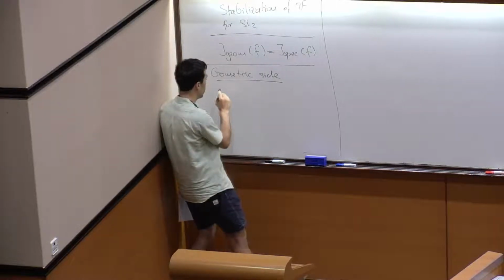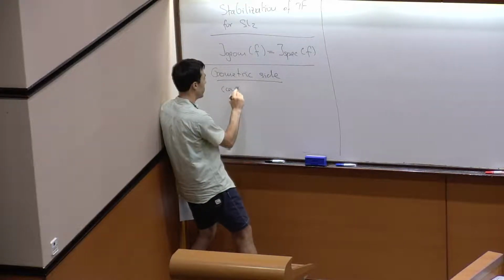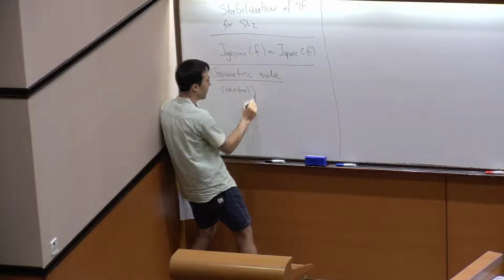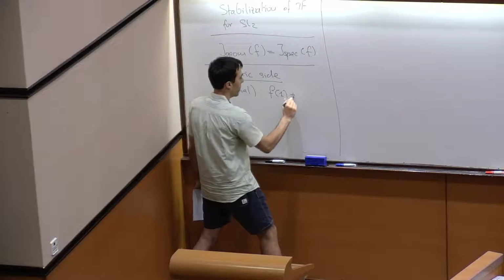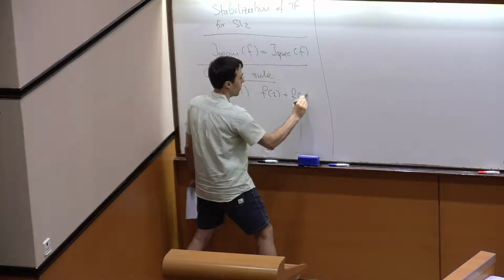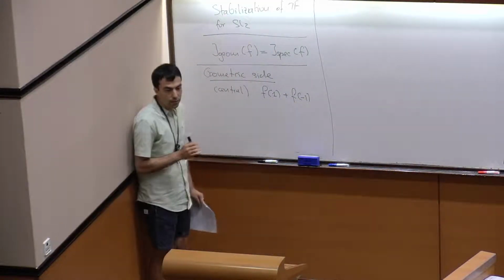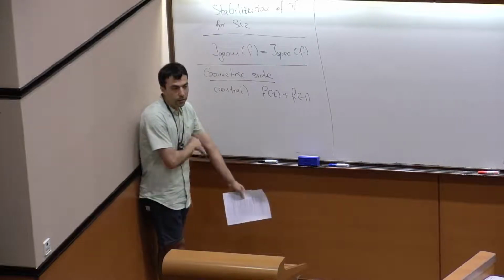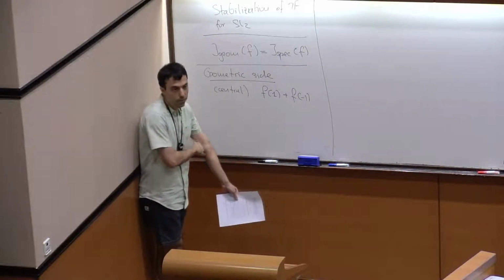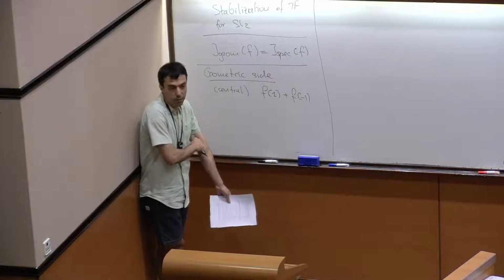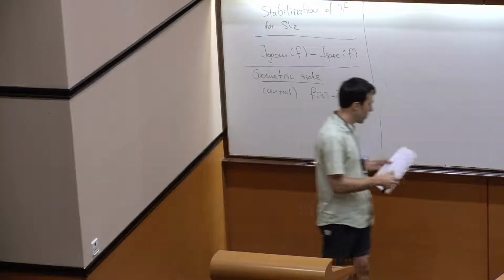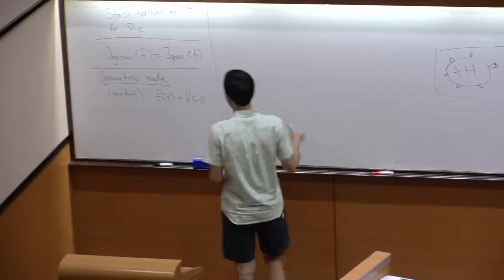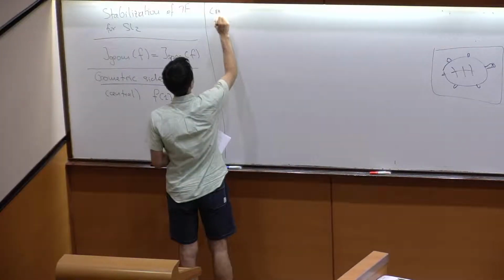I'll give them names. So the first term will be the central term, and it is just going to be the sum of the values of f at the two central elements 1 and -1. There are volumes in front, the Tamagawa numbers, but since SO2 is simply connected, this is 1, so we don't have to write it. Then we have the regular elliptic term,